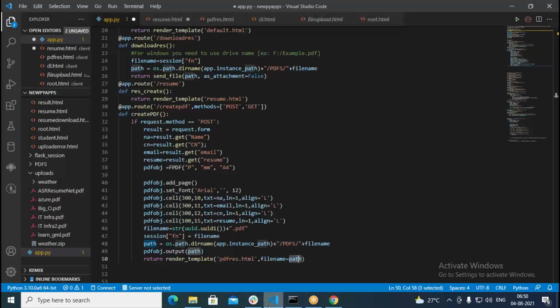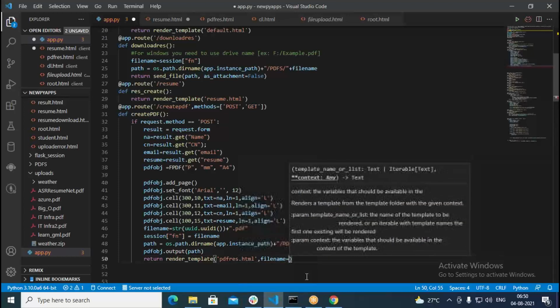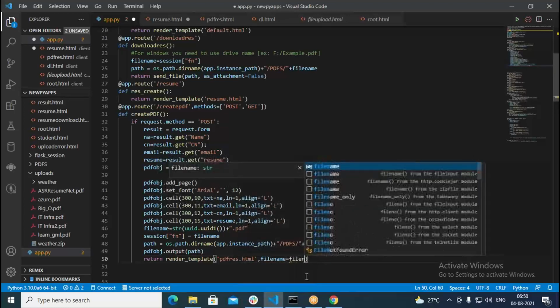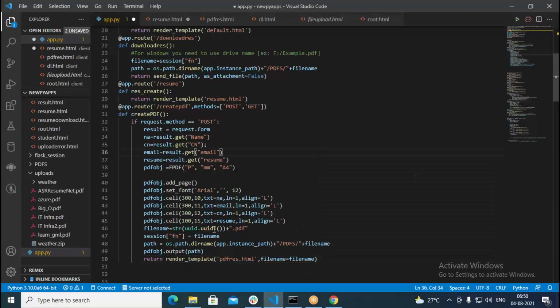For that purpose, I should not use the entire path. Instead of putting path here, I should put file name. So I have to type this as file name. Then in that case, I don't face that problem. Whatever data I have here, that data will be shown. But when you go with the path, the entire path is showing, and we should not show the entire path. That is a security concern. So we have to just give the file name.